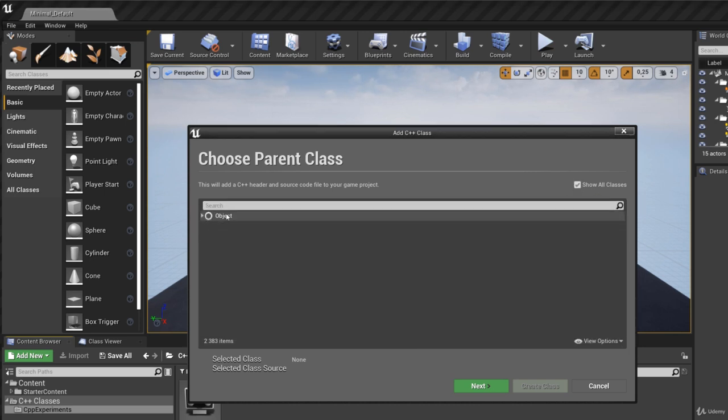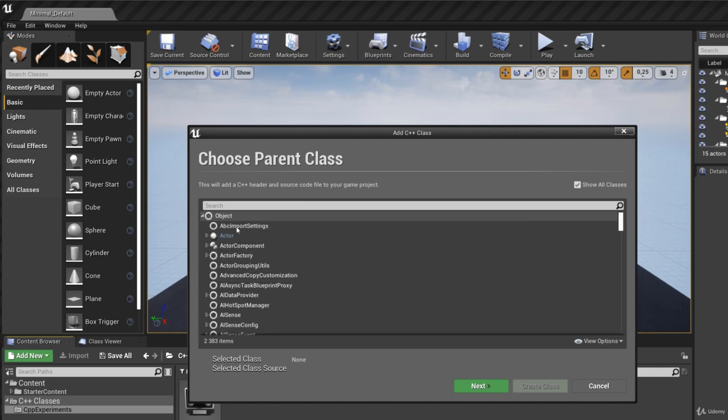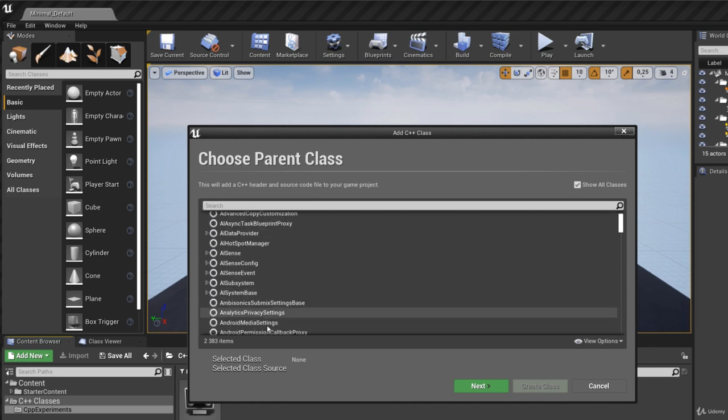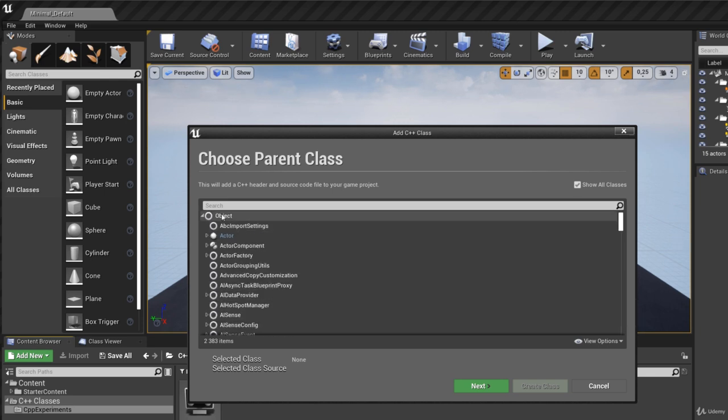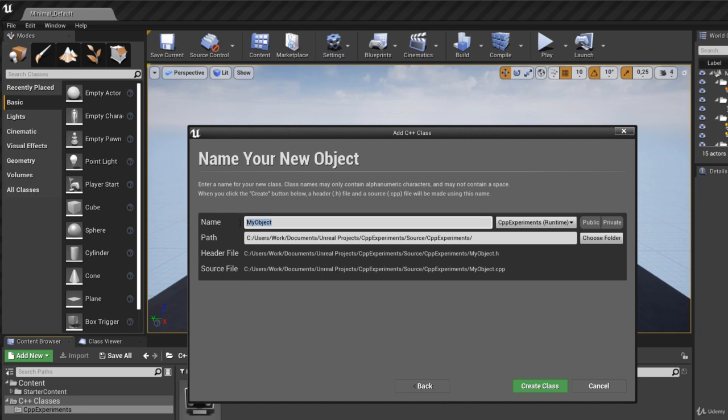And you can see that this is right at the top here. Okay, if you click this to expand, you can see actor and a bunch of other things. So I'll click on object and click next. So we'll leave it at my object for now, and this here shows the path, so where those files will